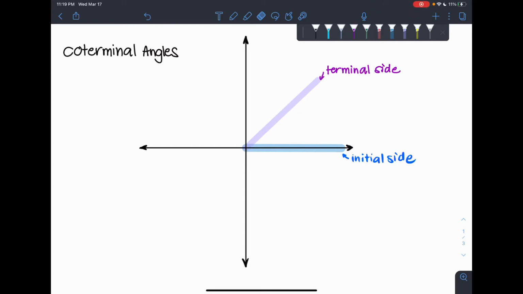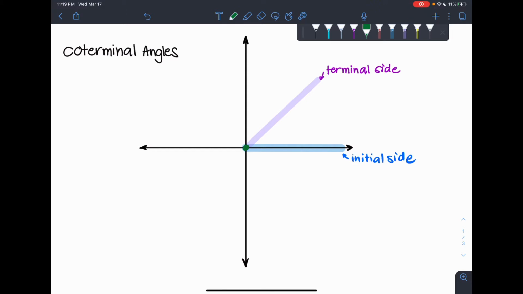When we study angle measures, especially on a coordinate plane, it always has an initial side, which is like our starting point, and it opens our angle up to our terminal side. Our terminal side always shares a point with our initial side, and it can be considered like our end point for our angle. On a coordinate plane, they always share a point at our origin,